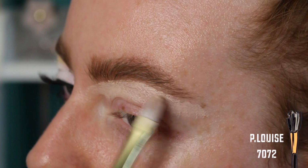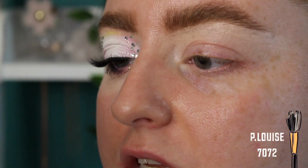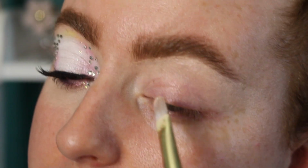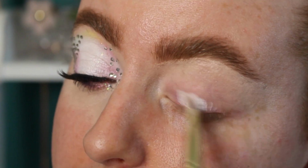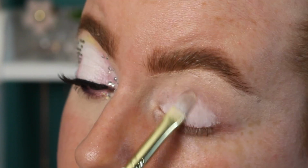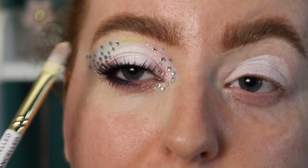And then I went in with this new one that I bought from P.Louise. It's the canvas paint in the shade White. This is a new one to my collection and I really wanted to use it. First, I'm just going to pat this on the mobile lid and then I'm going to blend it up into the base we just applied above. My idea with this was to have kind of like a faded look to the rainbow,